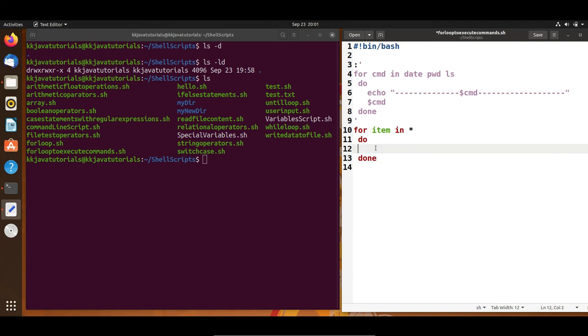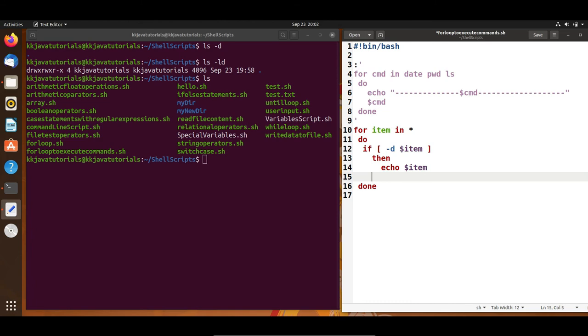Between this, here I'm going to use some program logic using an if condition, and don't forget to make a space. And here I would like to only read directories. So to check for a directory you have a flag -d, and of course you have to access each and every item one by one. So I'm using the item variable, just checking if item is a directory or not. If that is the case, then I will use then, and I will just print, echo, that item, right? If that is a directory, then I'm going to print the item.